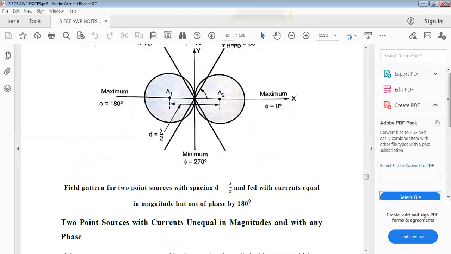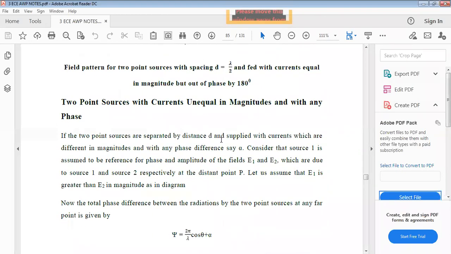Why? Because of what you observe from the radiation characteristics of equal phase and unequal phase. In equal phase we get cos, whereas in unequal phase we derived the final expression with sine. What is the phase difference here? 90 degrees. That's why that waveform is just rotated by 90 degrees like this. That is the difference. If we use common sense, then we can directly find the radiation characteristics of the antenna from only one derivation.